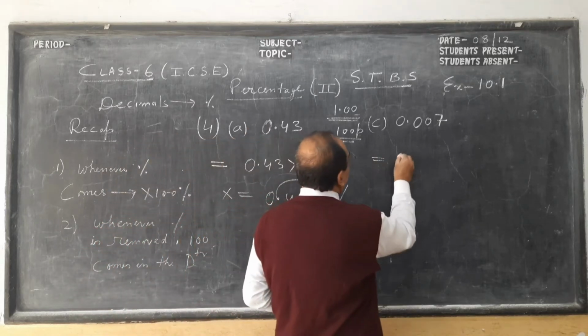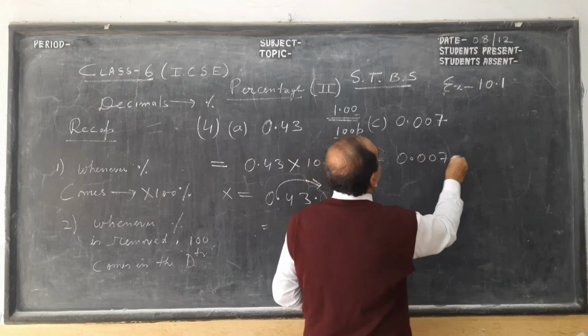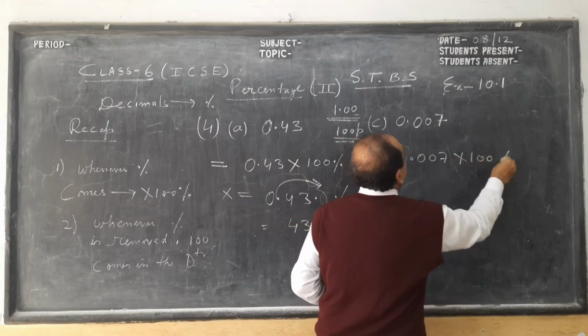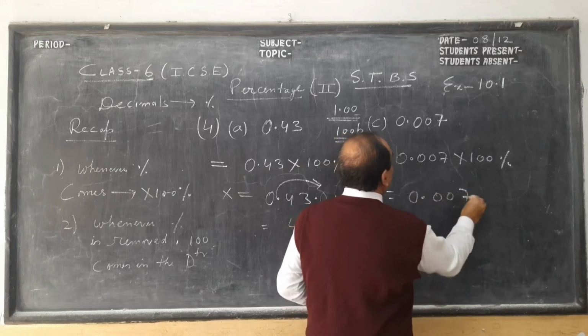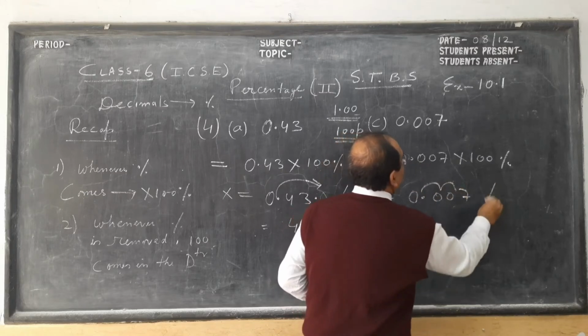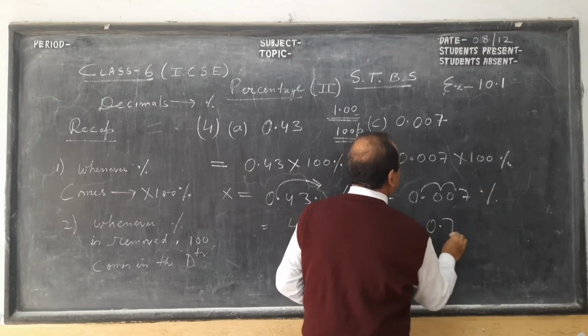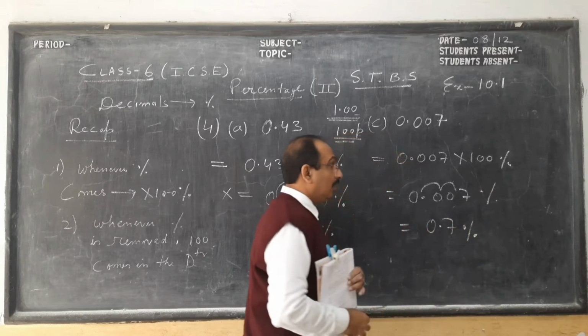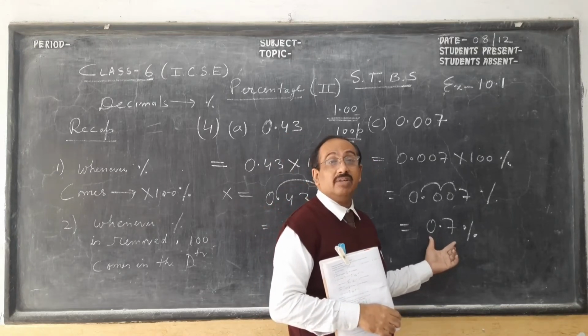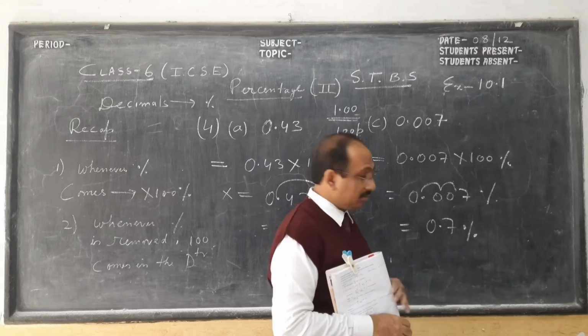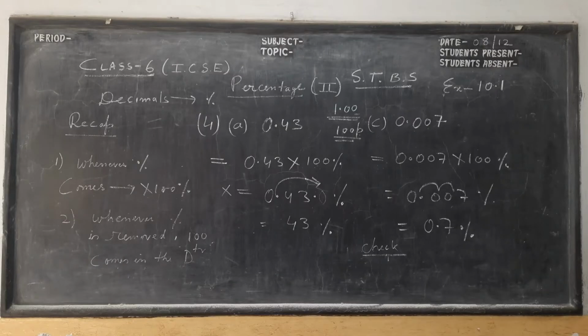Okay, so this is the reason. Okay, because many of you wonder why 0.43 is becoming 43. In the same way, children, 0.007, as soon as you bring percent, 100 comes, and decimal, this part you don't show, this goes to 2 place, so it actually becomes 0.7%. Okay, percentage is there, no, because when you remove, this will be divided by 100. Okay, so let us check whether we have done it correctly or not.